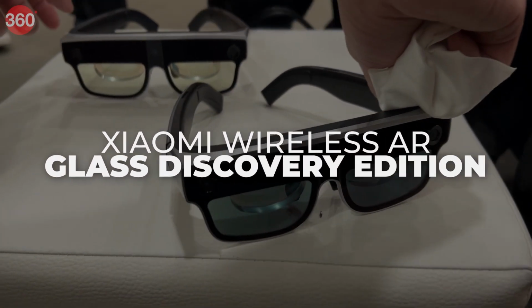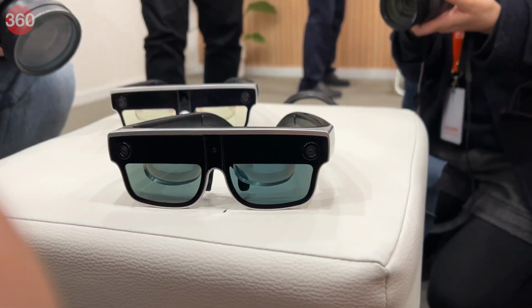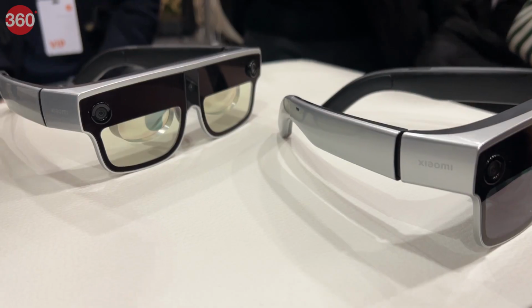Next, we have the Xiaomi Wireless AR Glass Discovery Edition. This pair of glasses can eliminate the need for the bulky VR headsets we use today. They weigh 126 grams and can connect with a smartphone wirelessly. They have 2 cameras on the front to recognize gestures and actions and run on the Qualcomm Snapdragon XR2 Gen